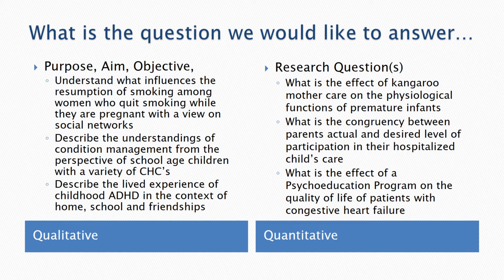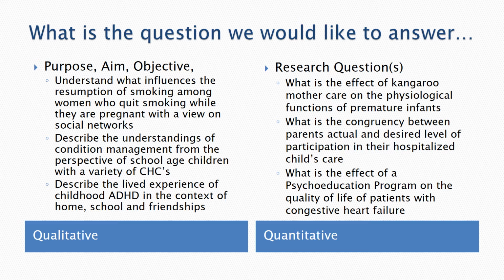Second question example is, what is the congruency between parents' actual and desired level of participation in their hospitalized child's care? So they had a pool of parents in 3 pediatric hospitals, I believe, and they wanted to know, were parents involved to their desired level of participation? And what they found is there was a statistical difference between what they wanted to be doing and what they